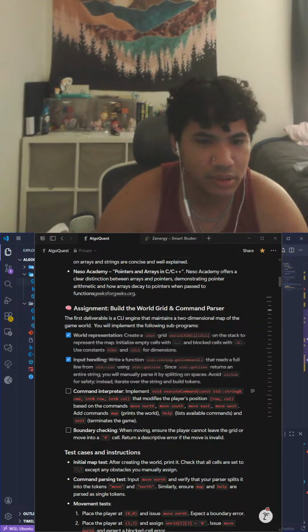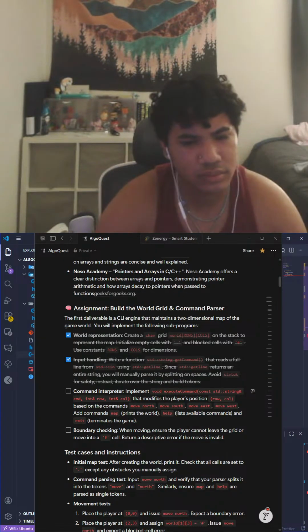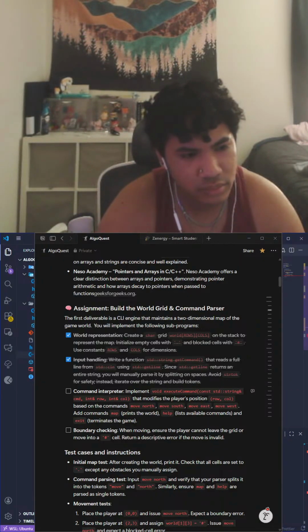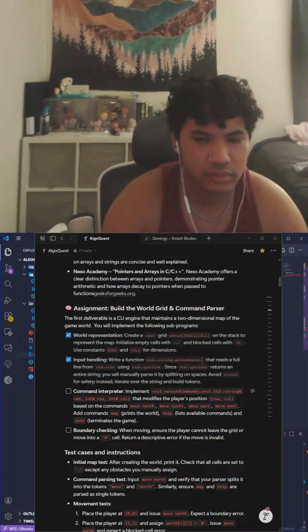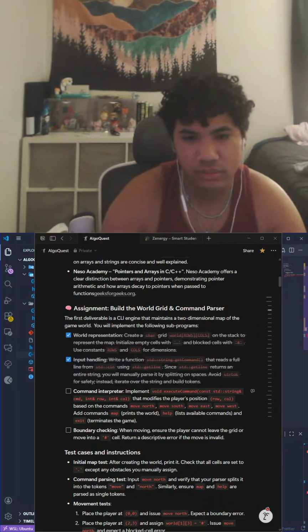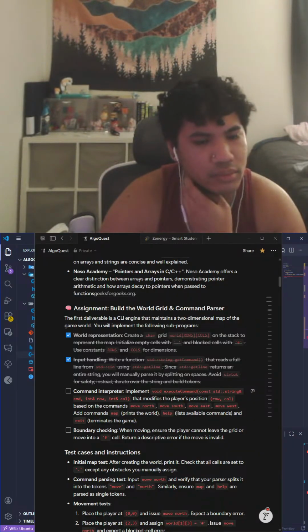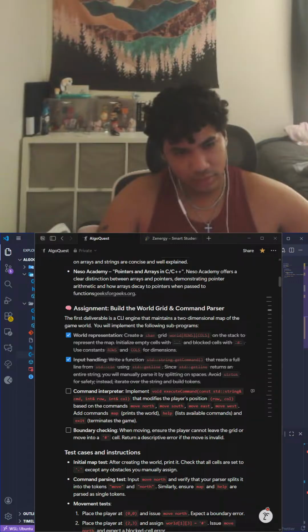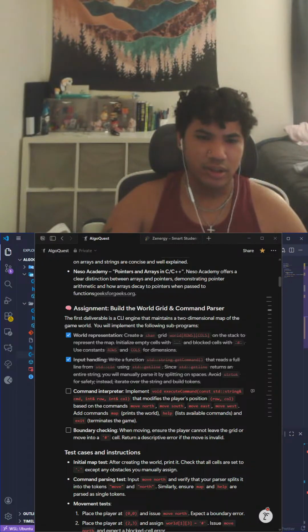Doing this right syntax-wise. What do we pass in? We have to pass in player input. That makes sense. So once it's not exit, we actually have to parse the